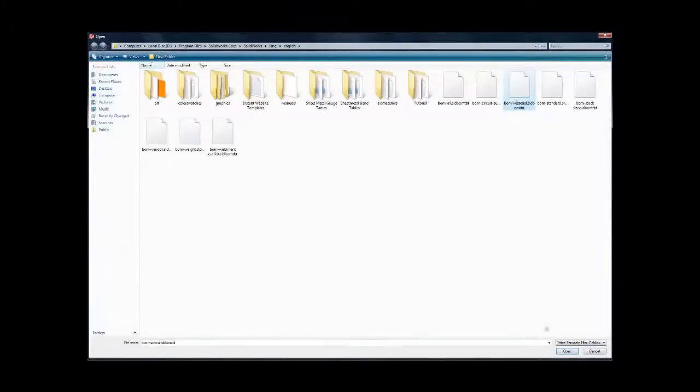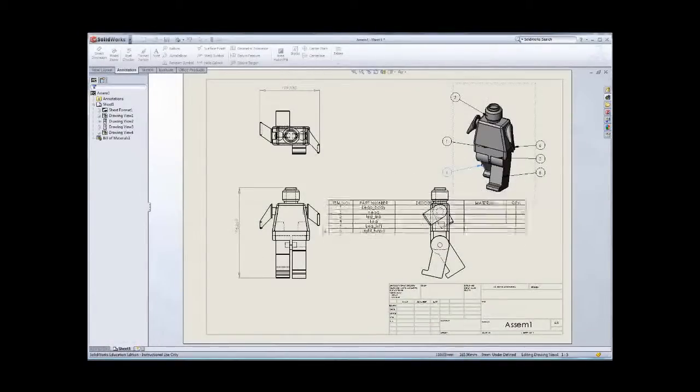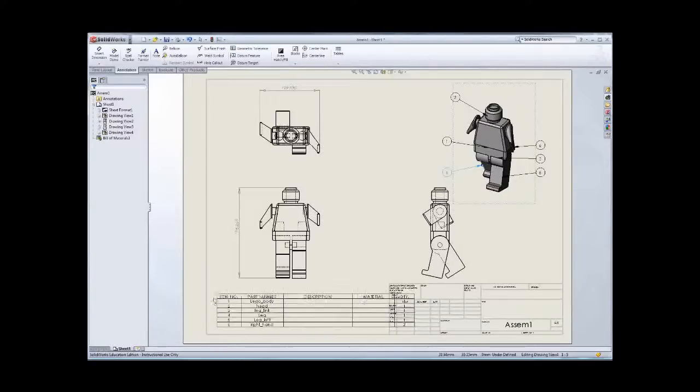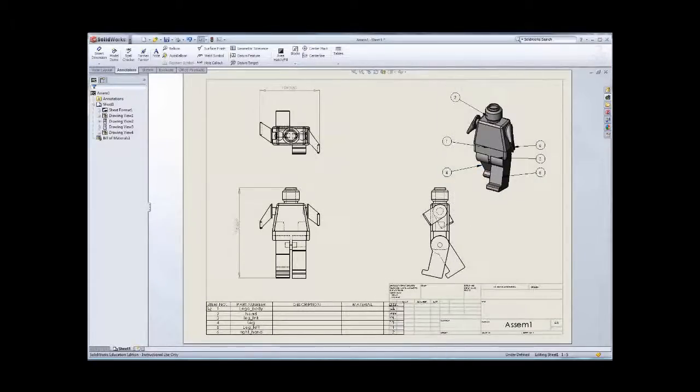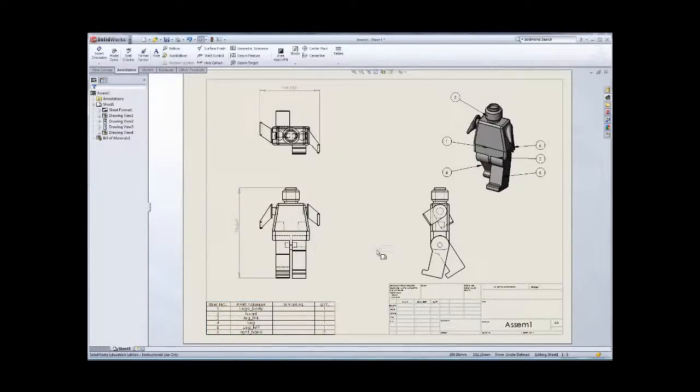You can choose the materials or something and then click OK to finish it. And then when you click OK, you can see you have got the table here. The table has the item number, the part name, description or materials. Because I never assigned the materials for each part, so I haven't got